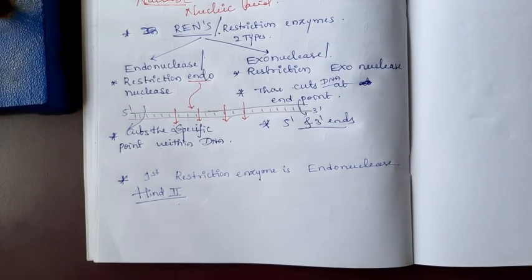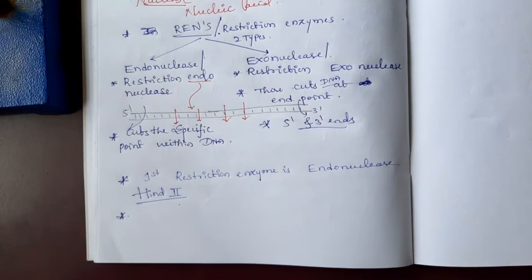It depends on a specific DNA nucleotide sequence, was isolated and characterized by scientists. Means this is the first restriction enzyme which is used for DNA digestion. It was found that Hind2 always cuts the DNA molecule at the particular point by recognizing a specific sequence of 6 base pairs.